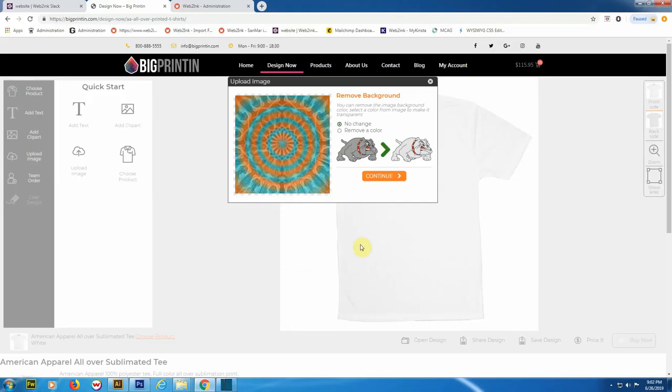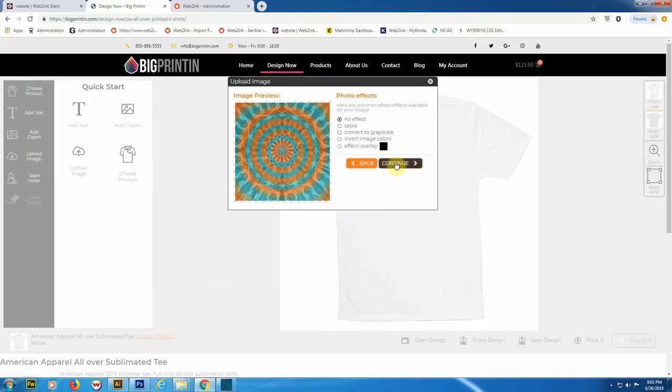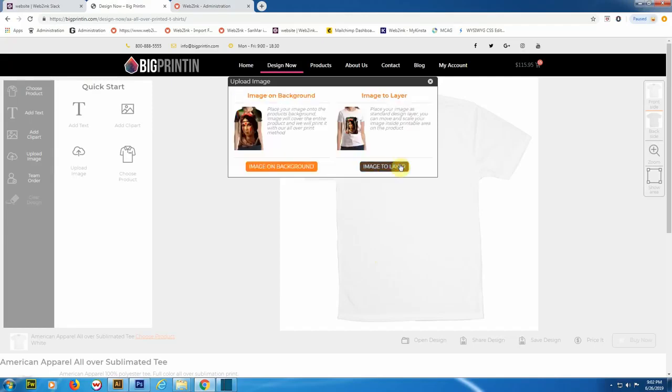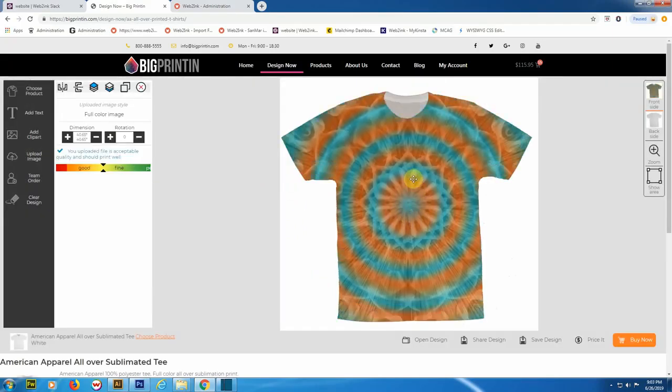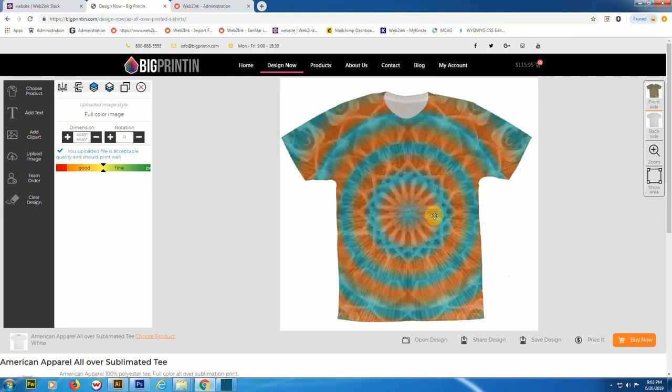Alright, so that image has uploaded nicely. We're just going to click Continue. We're not going to add any effects, so continue again. This right here is what's going to give you the option to either use this item as a background image or just as a layer. Typically, if you're trying to do an all-over dye sub shirt, you just want the image big and to cover the whole thing. So you'd click on Image on Background, and then from here, you can adjust your image